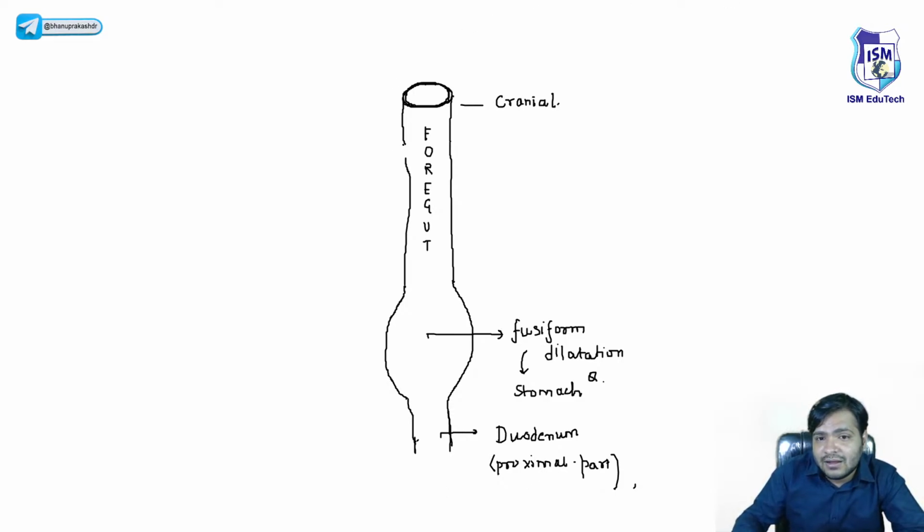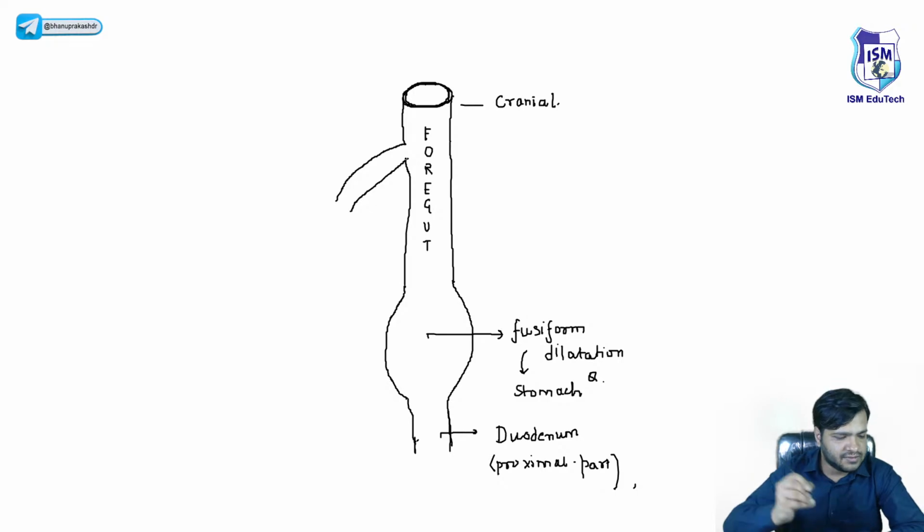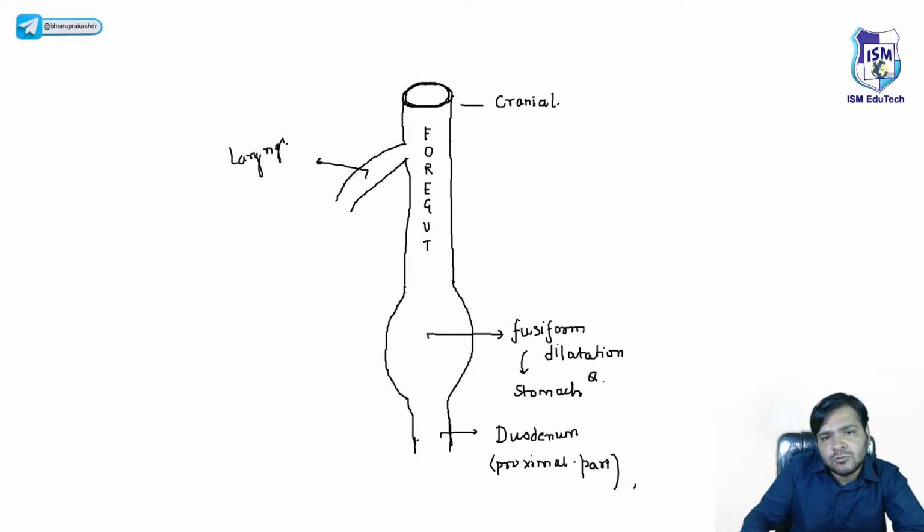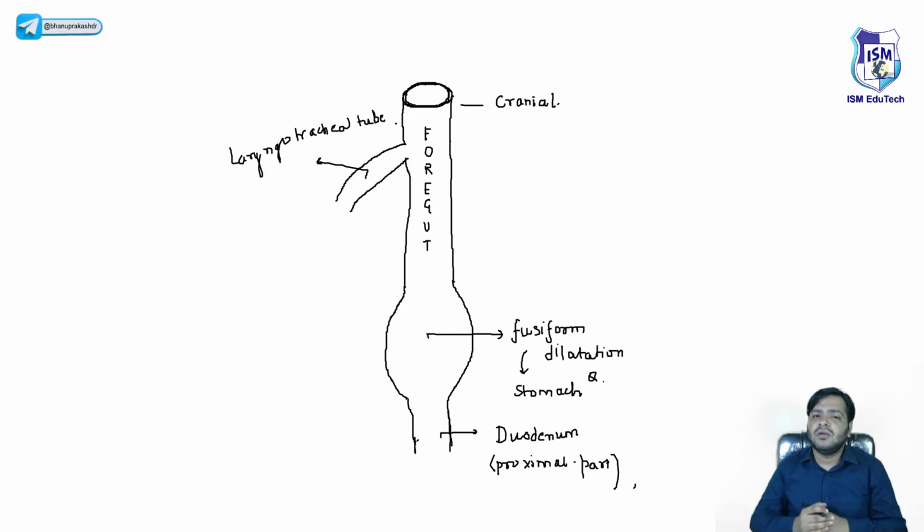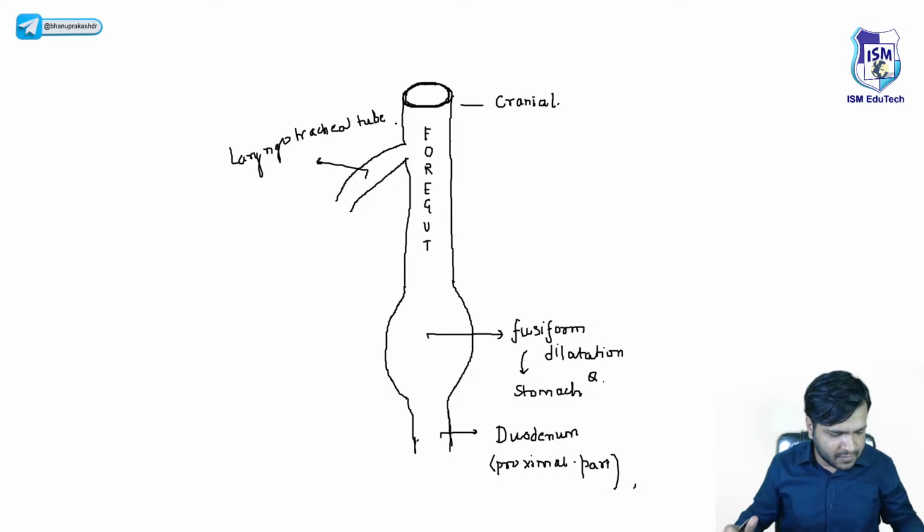another tube-like structure, that will come from this foregut tube, and remember that this particular structure is called the laryngeotracheal tube. So obviously, this is the tube that is coming from this projection. This diverticulum coming from this structure will, in future, form the